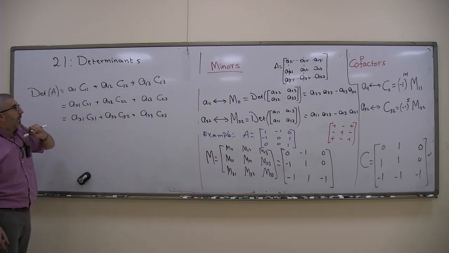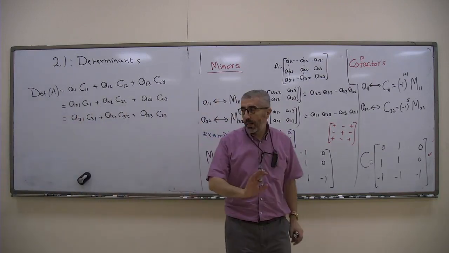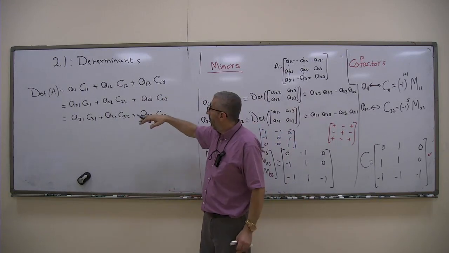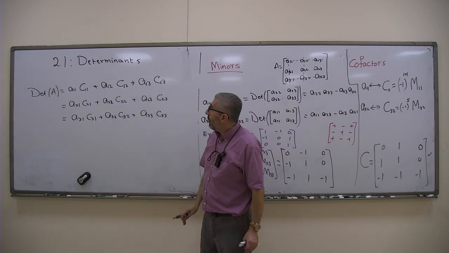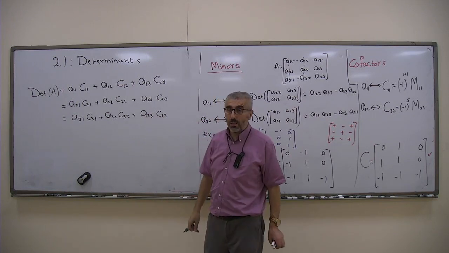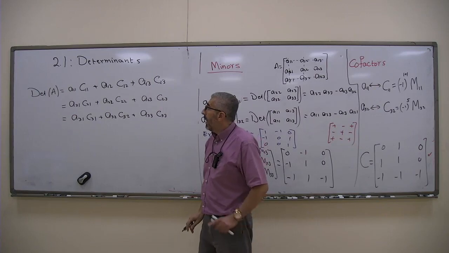Now, of course, it needs some verification, okay? But we're not going to do that. So just take my word for it, and you can see that when you do the exercises, okay? You can use any row or any column, as a matter of fact, to write the determinant of your matrix, okay? And in general,